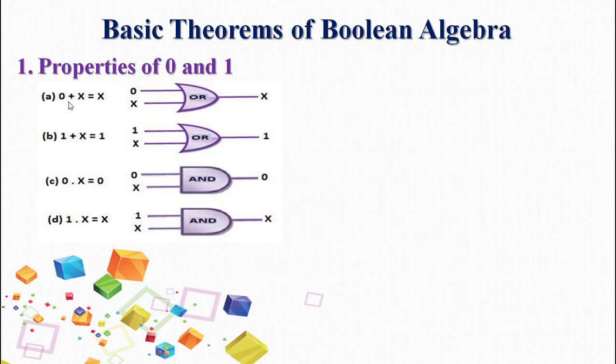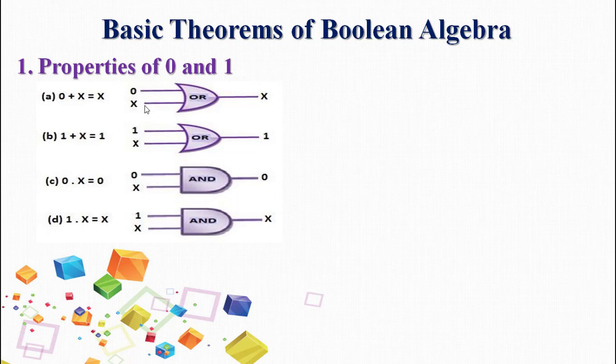As you already know, addition is implemented by the logic gate called OR. So the circuit diagram, as we will call it, consists of an OR gate when we are drawing the circuit representation of this particular expression. Now, what are these expressions? In A, we have 0 added with x, which produces x. Whatever the value of x will be, that will be the value of the expression. We will take it into the proof later on.